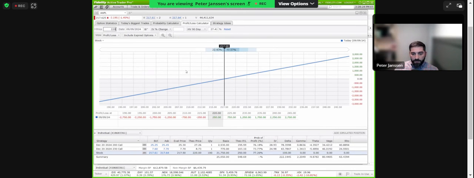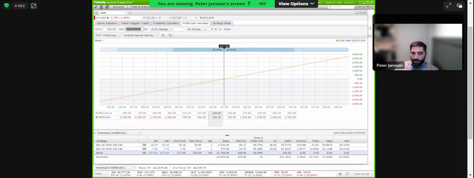If it went up to 220 today, well, we can see what our delta exposure is. And of course, the stock in and of itself doing what it's doing. Now, let's say that maybe a couple weeks pass, getting to the end of September, let's just say, see how these deltas are beginning to change. Your in the money deltas, all things equal, are going to begin to rise. Your out of the money deltas, all things equal, are going to be beginning to fall. And then we're going to notice and observe how these theta decays are going to change as well.